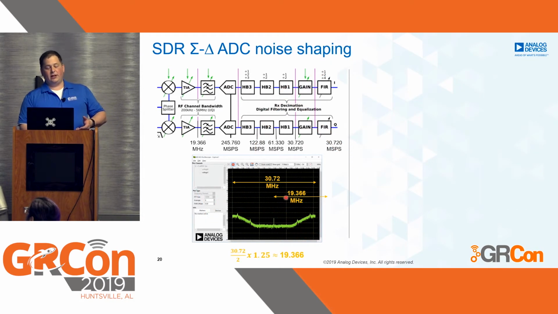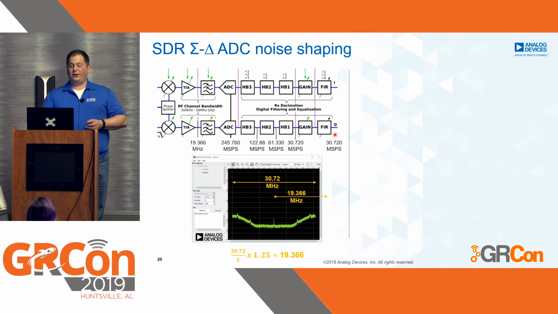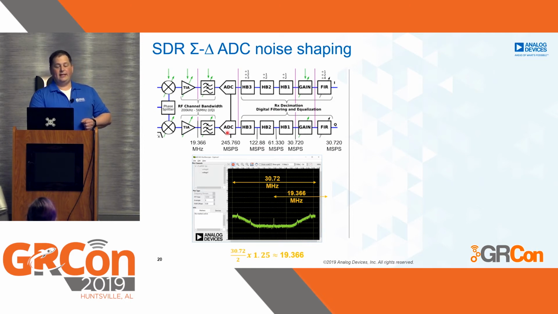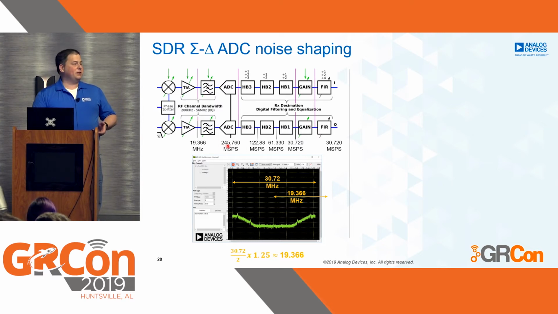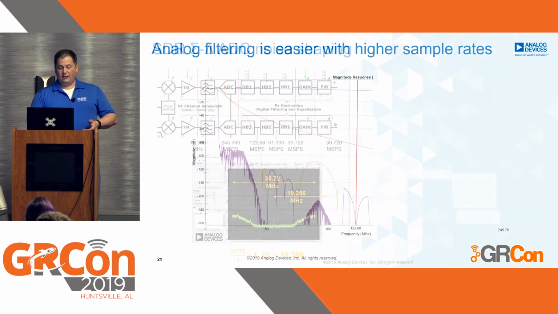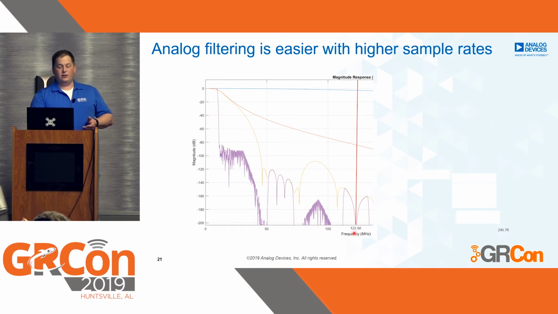What ends up happening is when we talk about an output data rate of 30 megasamples a second, the ADC is running at 245 because of these interpolation or decimation filters that are inside the radio or inside the FPGA, which allows the ADC to run at much, much higher, which gives us a first Nyquist band of 122. And even at 3 dB per decade, that analog filter is down at minus 80. And it'll continue to run down past there, so that as your things fold back, depending on a sensitive radio, you would probably see them.